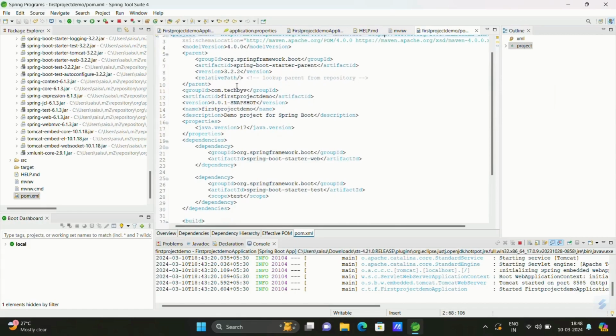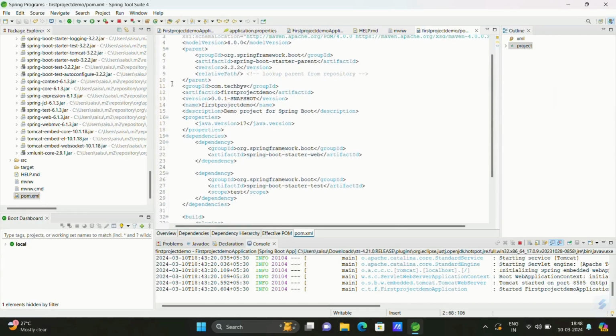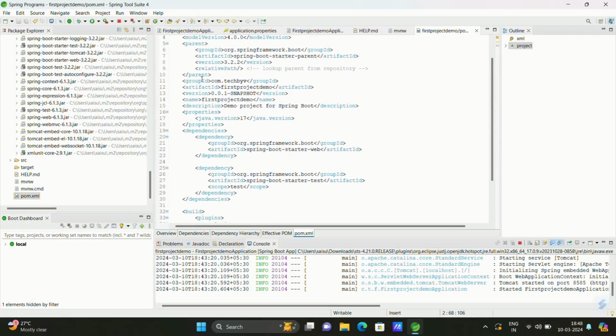The first one is project metadata. Here you can see group ID, artifact ID, version, name. These three coordinates have to be there in project metadata. Let's just assume group ID is like your company name, artifact is like your project, and version is like the version which you are using.